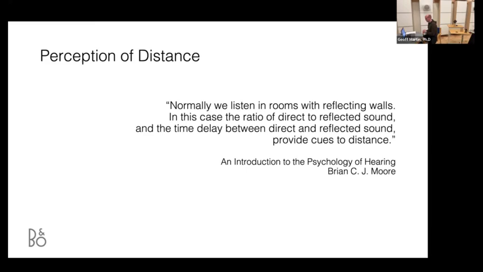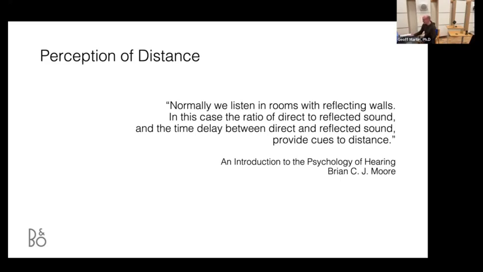But indoors, we determine distance to a real sound source, like somebody speaking to you, by comparing the ratio of the direct to the reflected sound. In studios, we call that the wet-dry mix. But in real life, what we're really listening for is the level of the direct sound to the level of the reflected sound. And we're using the time delay between the direct and reflected sound. And this tells us how far away something is in a real room indoors. That's not only true for a real source like somebody talking or a musical instrument,